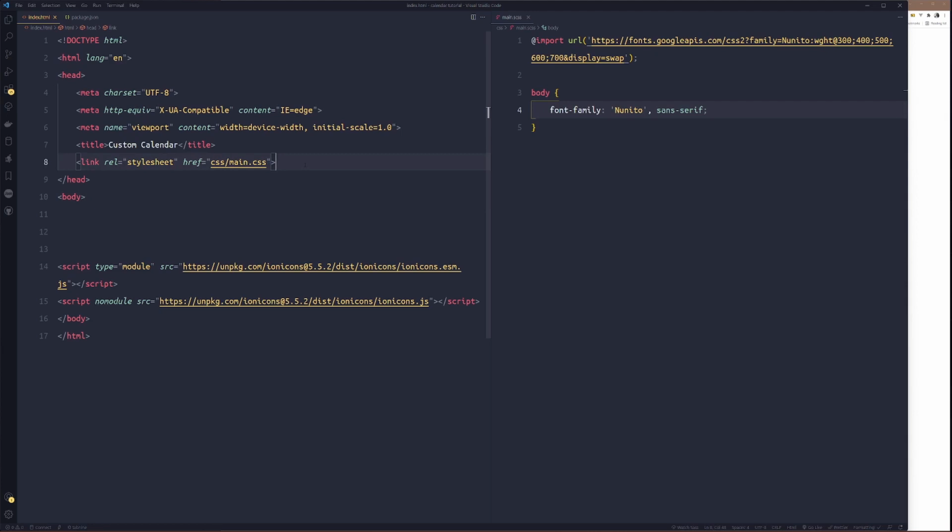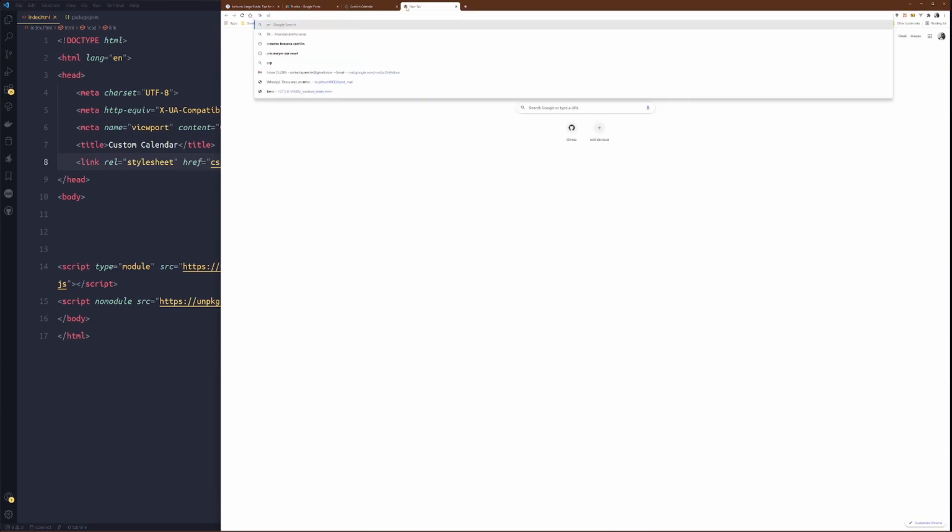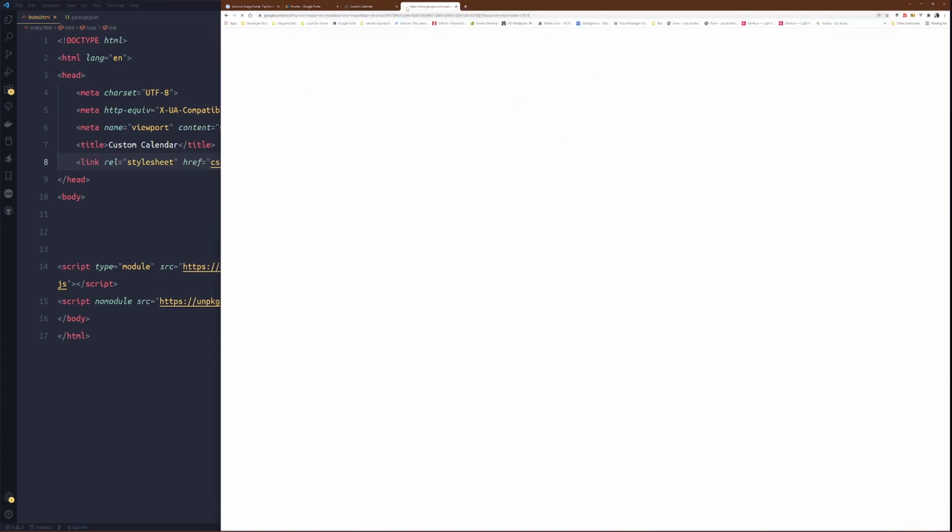So two ways: you download the reset.css file, or you use the Tailwind reset CSS files. But to install Tailwind, we will just take time.